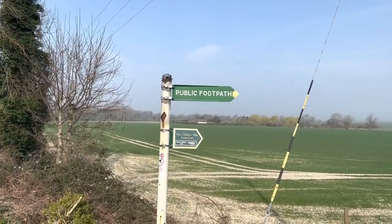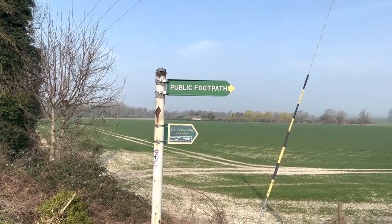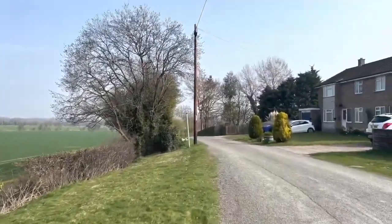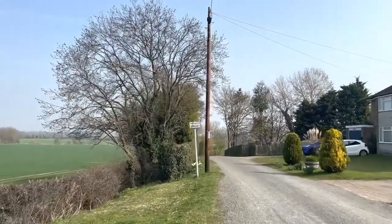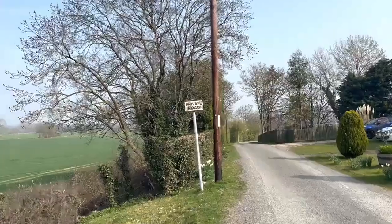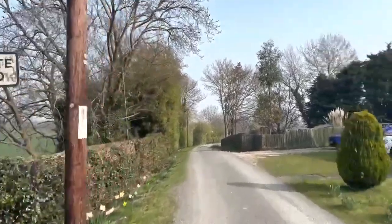Just leaving Pegsdon now and heading on out on the Chiltern Way extension. As you can see, it's a public footpath, and then you come to this sign which says private road. But that's just for cars really. This leads down to a farm, and while it's perfectly okay to walk down here or take your bike, you can only go so far, and then